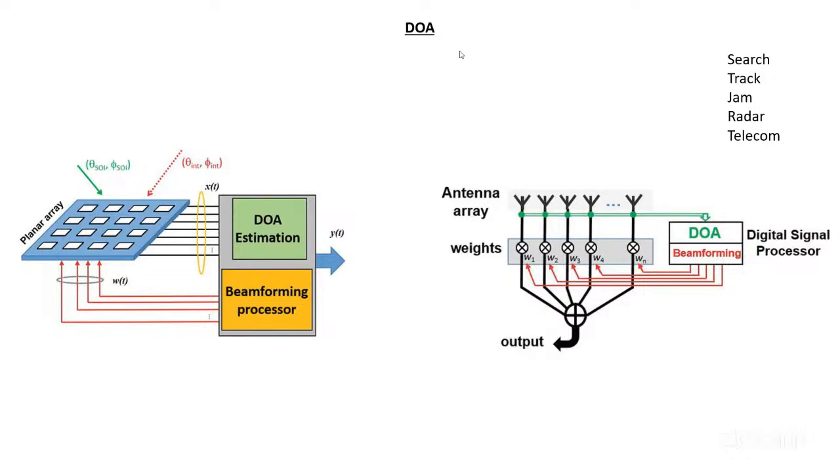Similarly in radars also, in the current war we are seeing, Iran is firing missiles, and Israel is also firing missiles. They are trying to shield themselves, and also trying to attack the enemy bases. So how are they able to shield, identify the incoming missiles, and deactivate or destroy them? It is by using these techniques, search, track, or jam, using different types of very advanced radars.